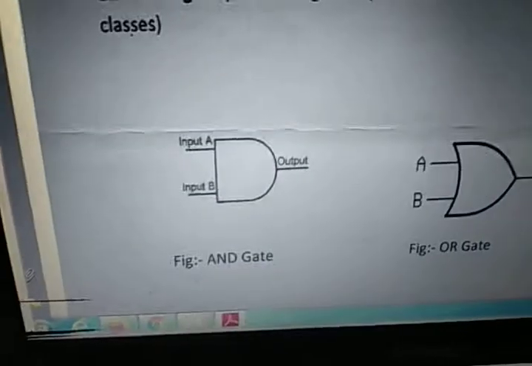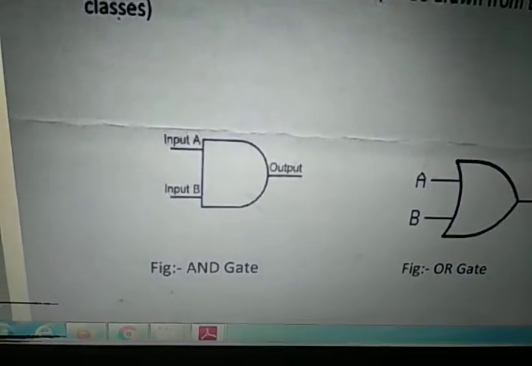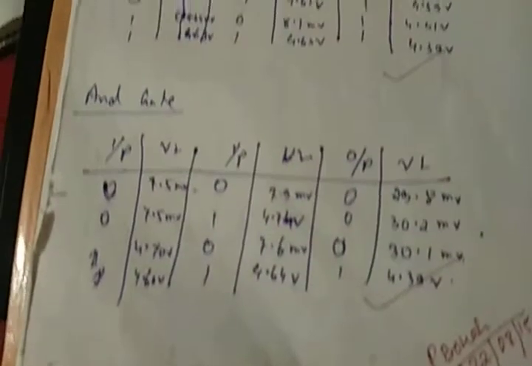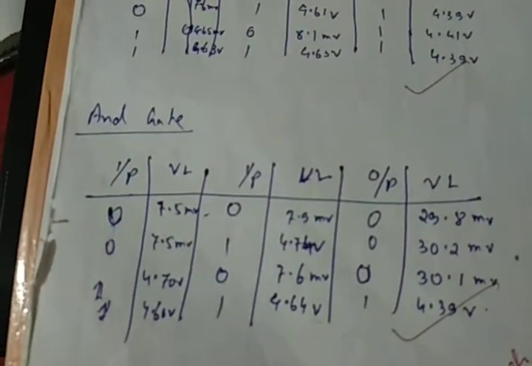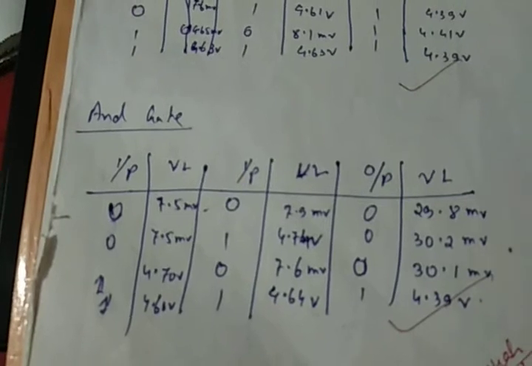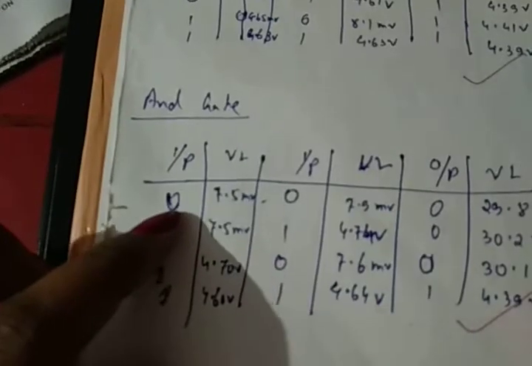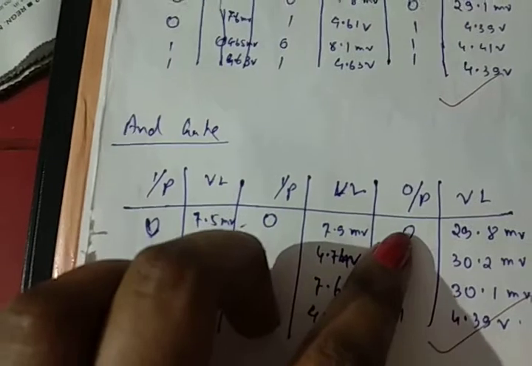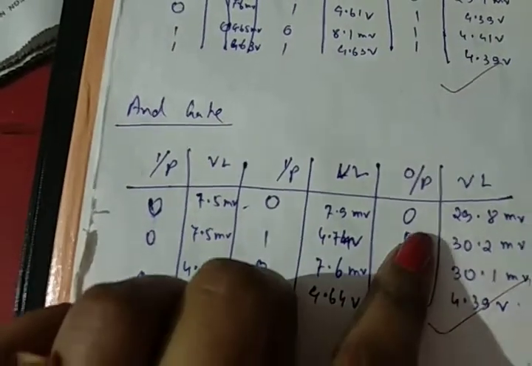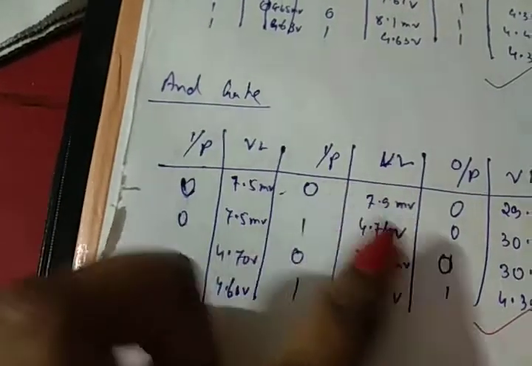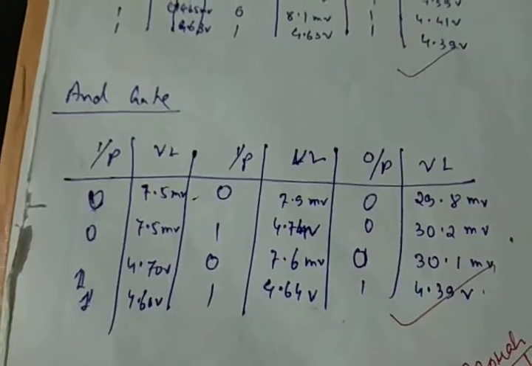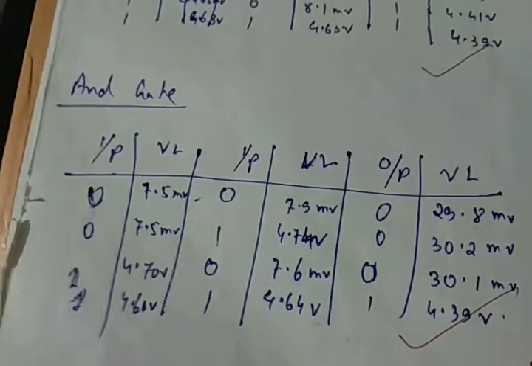In the third one, that is the NAND gate circuit diagram, this is also a two input gate. This is the truth table, the observation table for the NAND gate. Here the output of the NAND gate is like this: y equal to a into b. So for 0 0 input, a into b will be 0. For 0 1, again it will be 0. For 1 0, it is 0, but for 1 1 it will be 1. For each and every input and output level, there is some voltage level that we have to measure and note down.